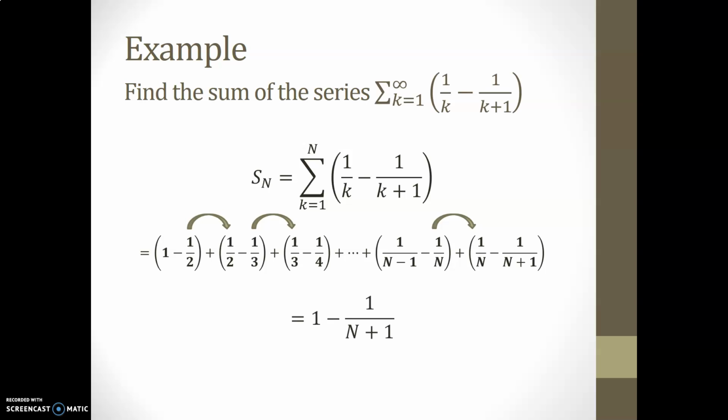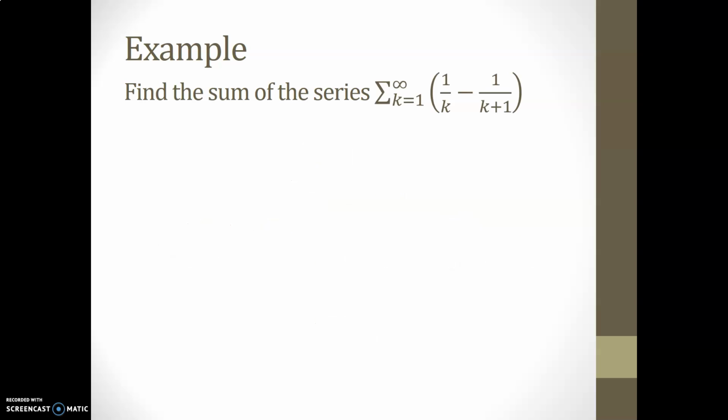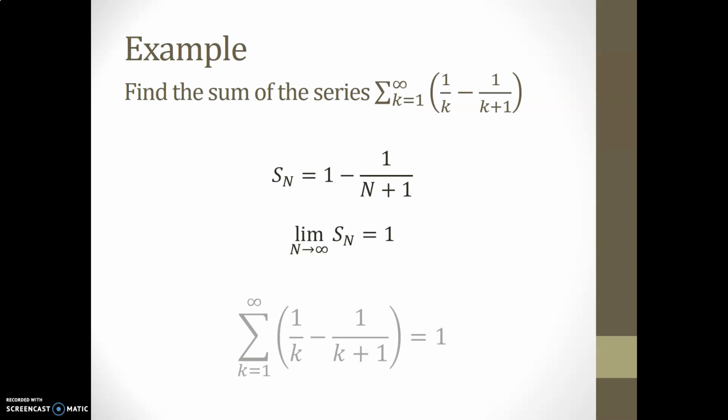There's really just the initial 1 and the end term, minus 1 over n plus 1, that are not canceled by either something that came before or something that will come afterwards. So this is the sum of our first n terms. It's the nth partial sum again. What happens when we don't stop at n but let that series keep adding terms? Well, actually the 1 over n plus 1 term becomes insignificant, and we get a specific limit value of 1 in this case. So our conclusion is that the infinite series of 1 over k minus 1 over k plus 1 actually converges or has a total value of